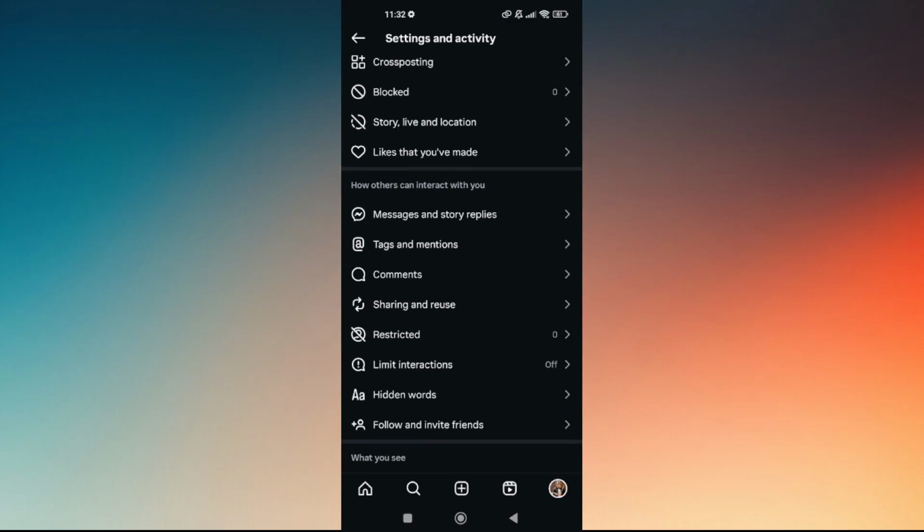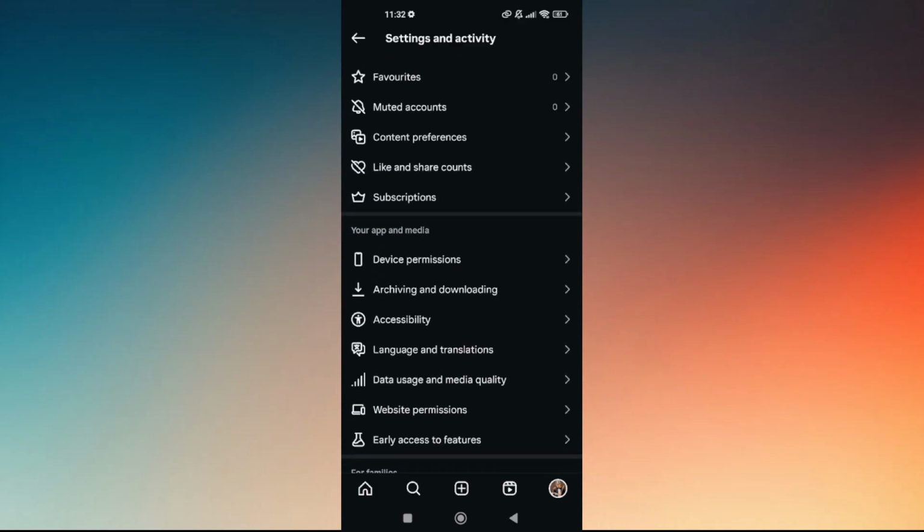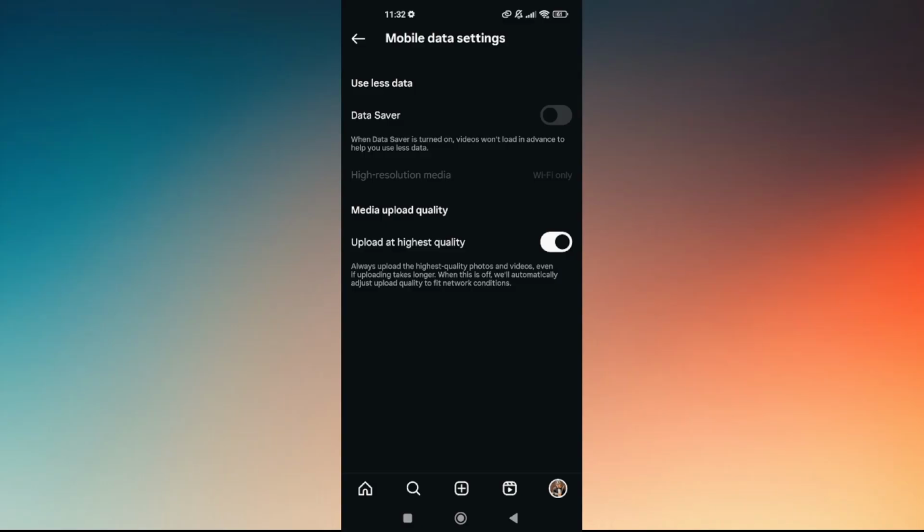Now scroll down a bit and then just simply go into data usage and media quality under the field of your app and media. Tap on that. And then the very last portion of these options here says upload at highest quality. To disable HDR, just simply turn this thing off and it should disable HDR mode whether it's through upload or